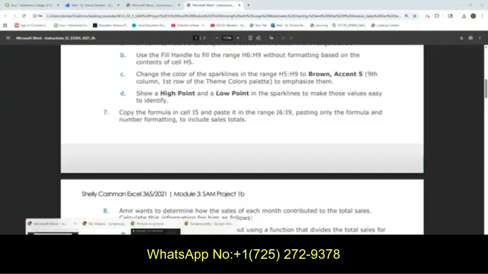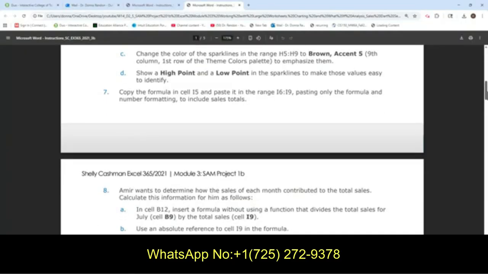Okay, so let's go back to the instruction and then change the color of the spark lines H5 to H9 to brown accent 5 from the theme colors palette. Okay, so it should be 9 column first row.